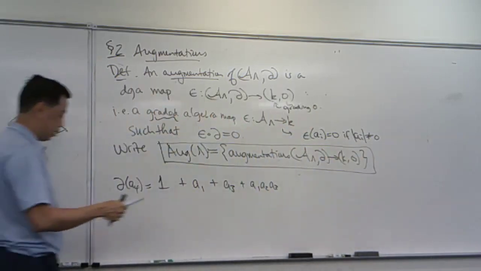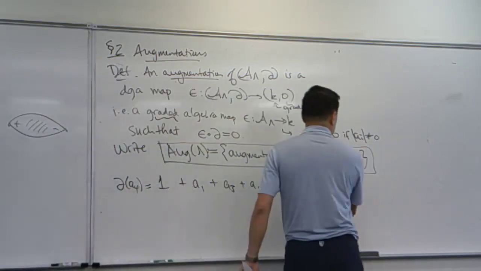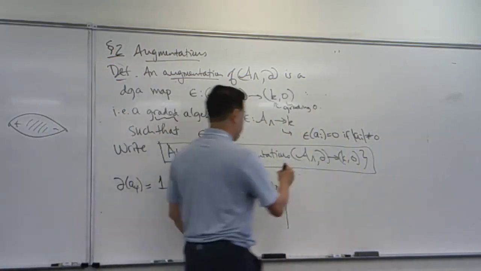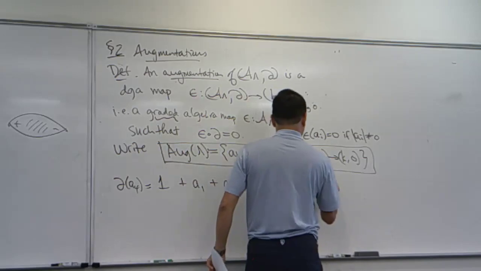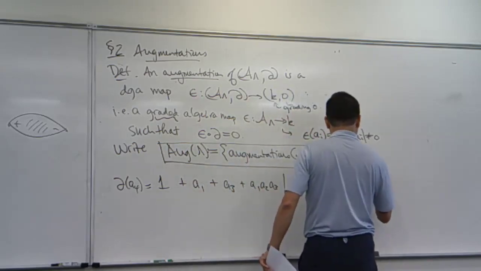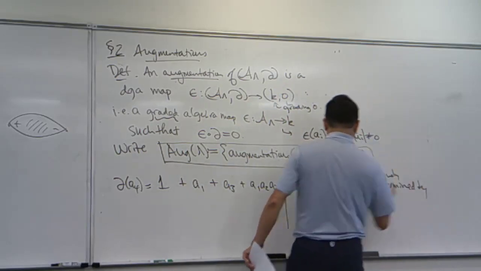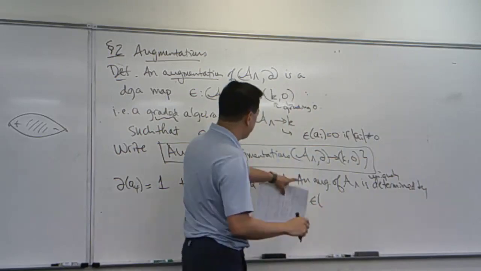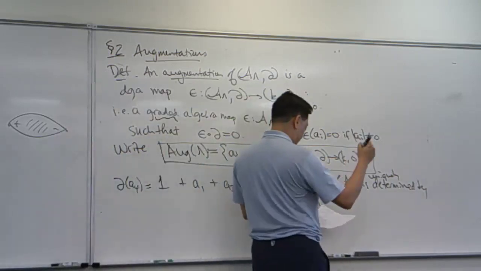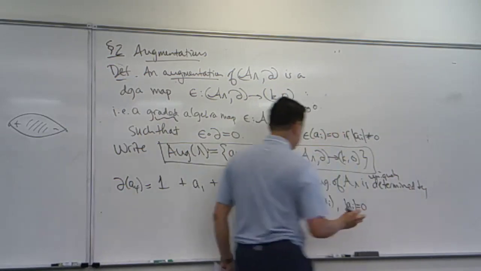And I'll just note that an augmentation of Lambda is uniquely determined by where it sends the generators, because it's supposed to be an algebra map. And what that means is where it sends the a_i's, or a_i actually being in zero grading,